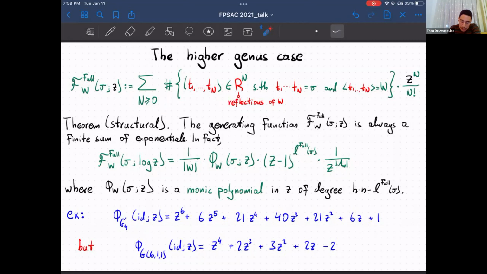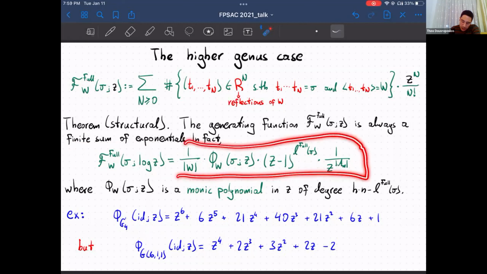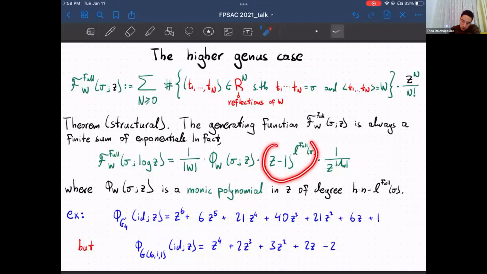And it turns out that these generating functions always have nice formulas, nice expressions. They're always a finite sum of exponentials. And you can predict a few things about them. There is a factor that involves the length of an element. There is a factor that involves the number of hyperplanes, and there is a polynomial that looks really cool. So this is part of the modeling, let's say, of the expression of the generating function,